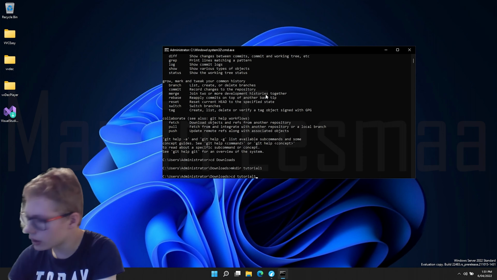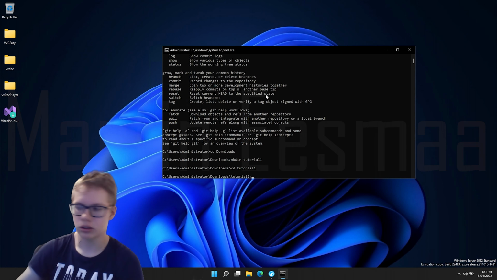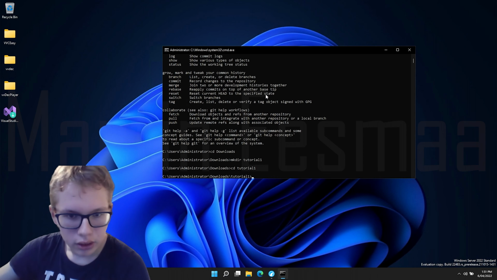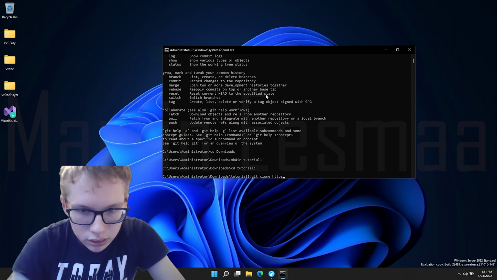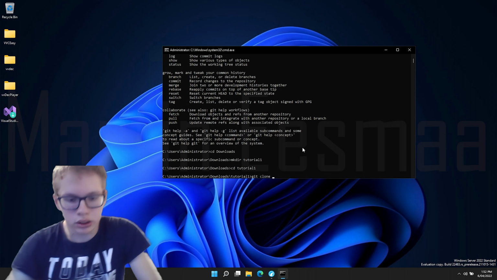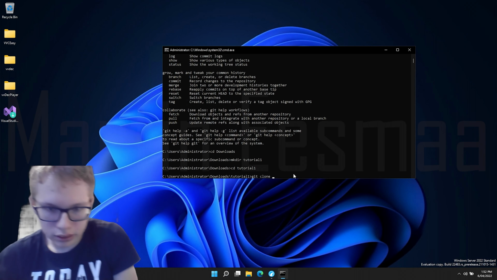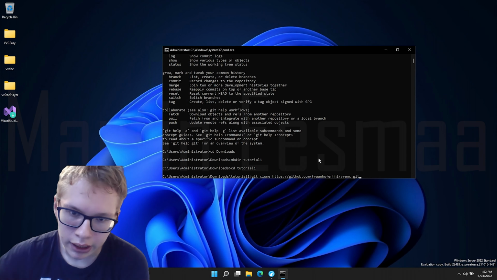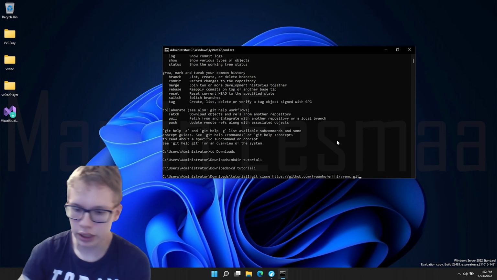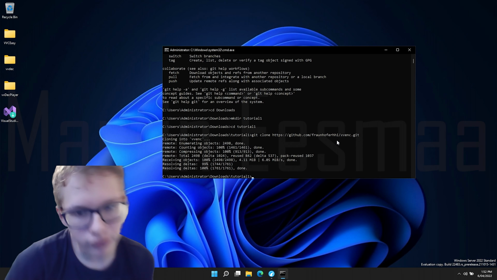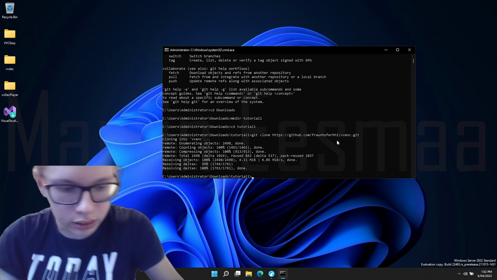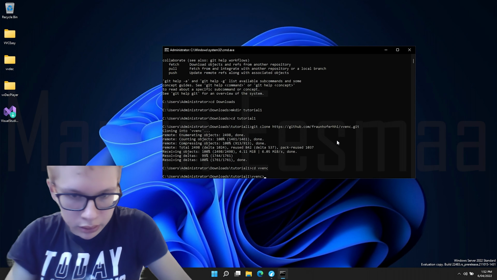You can just create a folder with whatever name you want. Then we need to type git clone and the https link. Just paste it in, like right click and it will paste. So hit enter, and once it's done,